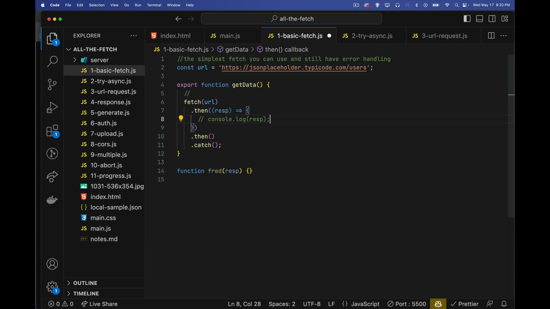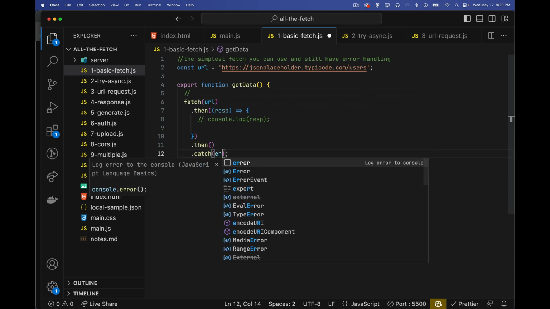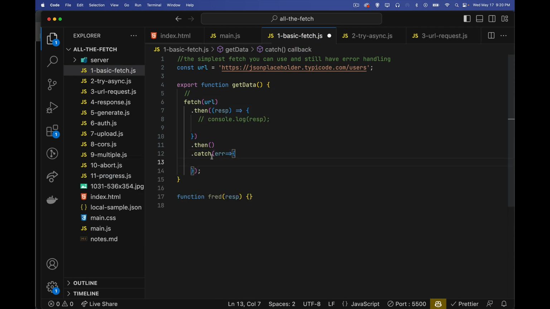Usually you'll want to check and see if the thing that came back actually did work. And that is actually the purpose of having this catch at the end here. If something went wrong. So when we do the first fetch, if we're unable to connect to the network, this command will fail, and down here we will get an error object. So again, we have a function inside of here. My error object will be coming from here, or it could be coming from this then, or it could be coming from this then. If there's a failure anywhere in any of these, the error will be passed down to